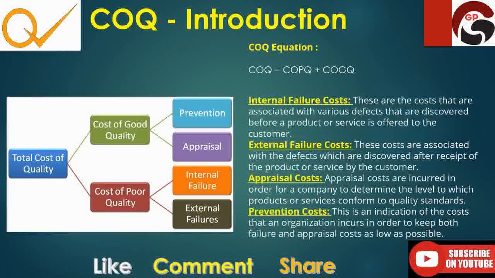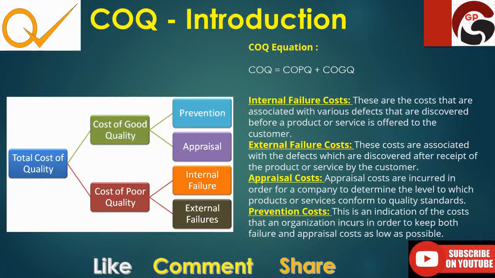The cost of quality mainly contains cost of poor quality and cost of good quality. So cost of quality provides a way to qualify the cost to a business for making, finding and preventing poor quality. It is mainly made up of four components, that is prevention cost, appraisal cost, internal failure cost and external failure cost. Prevention and appraisal cost will come under the good quality, and the internal failure cost and external failure cost will come under the cost of poor quality.